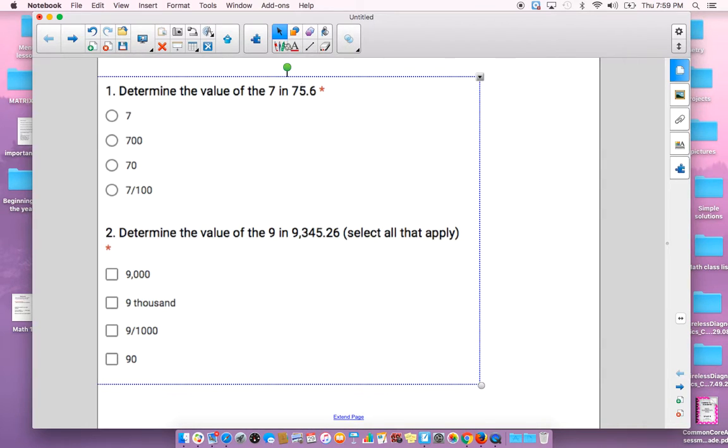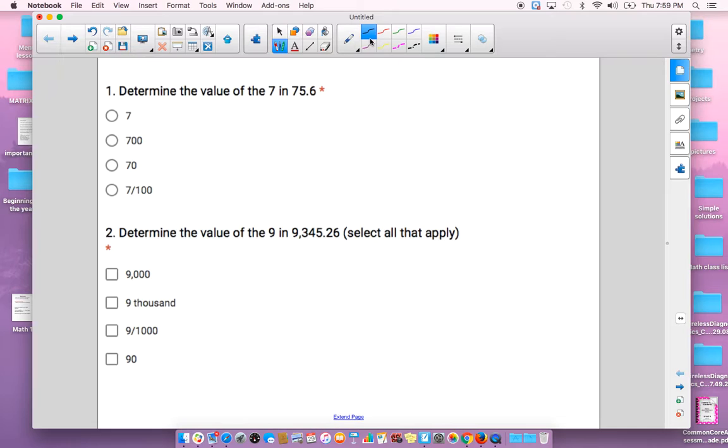The first thing I want to note is I'm going to come up here and grab this red pen, and I want to underline where my decimal is. So I know these are my decimal places, so I'm going to start at this place right here, and I'm going to look at this place value, and I know that the first place to the left of the decimal is the ones, and then the next place is the tens. So I'm going to take a look at my answer, and I know that this 7 is in the tens